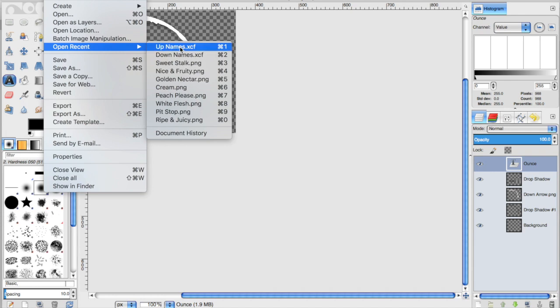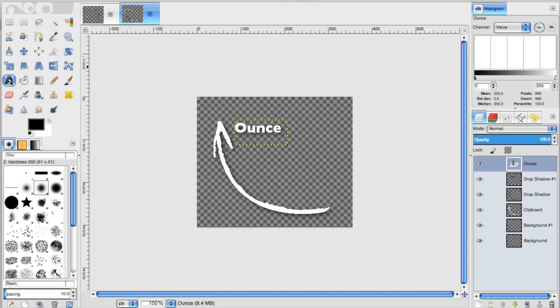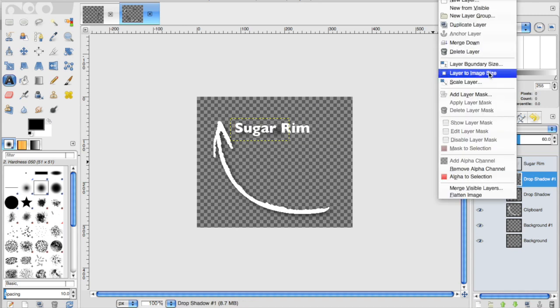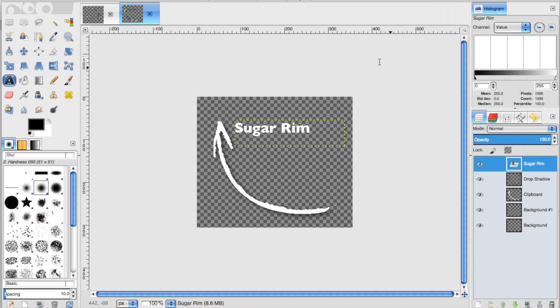Sorry, just having a bit of an argument with GIMP here. Okay, so now I can go in and edit the names of the eyeshadows. Delete the drop shadow from the previous one.